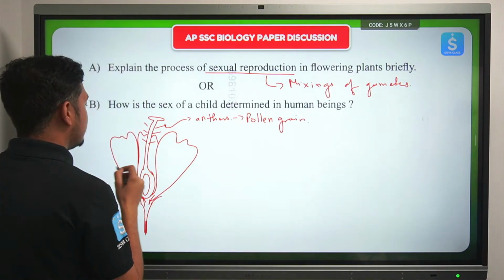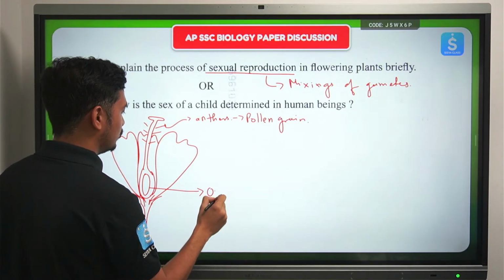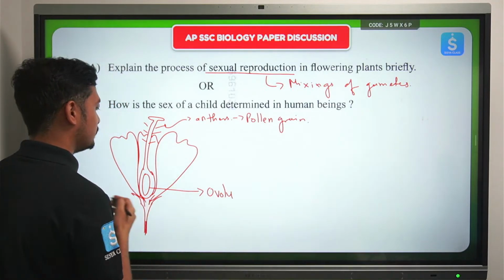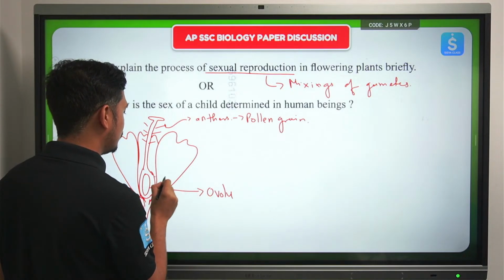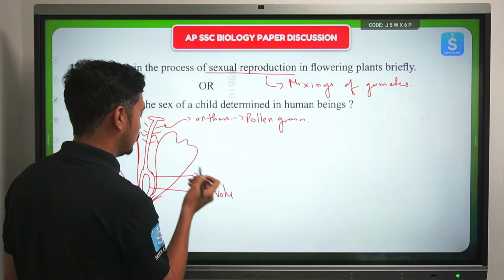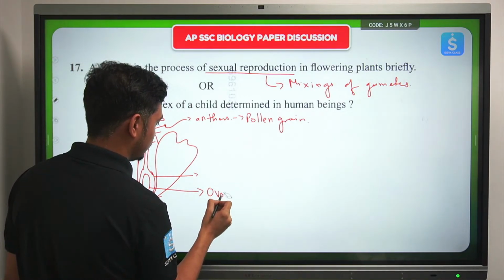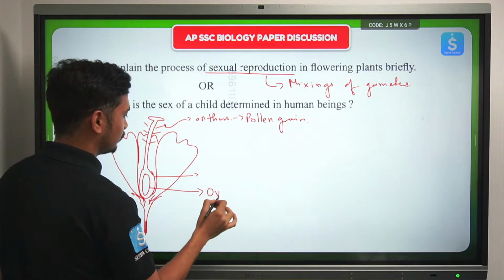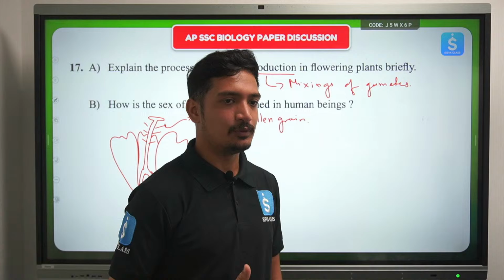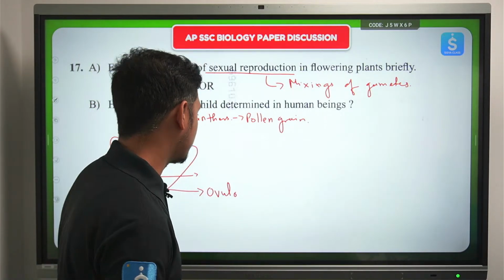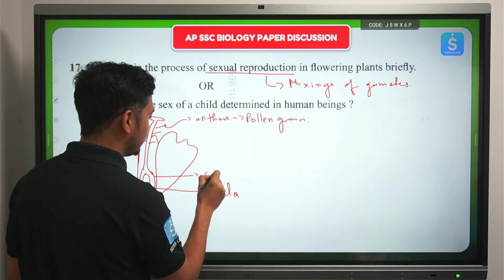flowering plants. Then, talking about the female gametes, this one over here is the ovule, or the female egg, we could say. The ovule in this case is sitting inside the ovary. Hold on, let me correct it. This is actually ovula. Ovule is also correct, because ovule is the plural of ovula. So here we'll say ovula because I've just made one egg over here, and this is sitting inside the